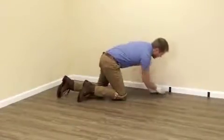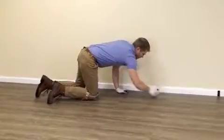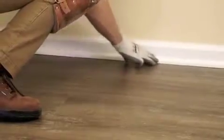After you remove the spacers, install the molding around the perimeter. It's important to fasten the molding into the wall and not the flooring. And that's all there is to a Triversa installation. It's fast,